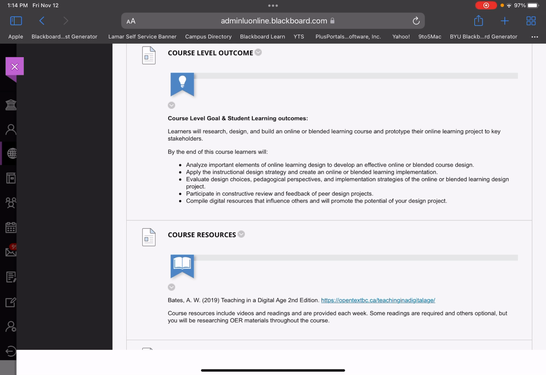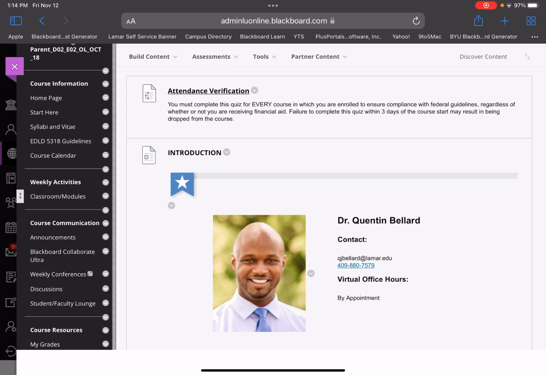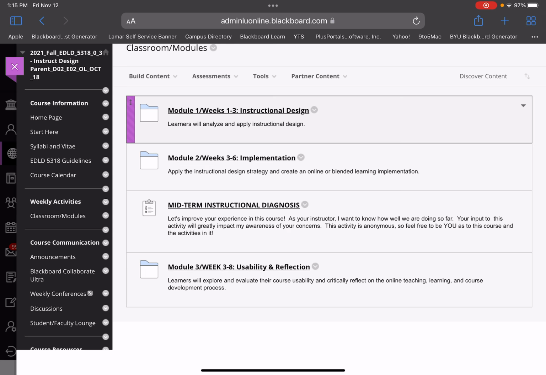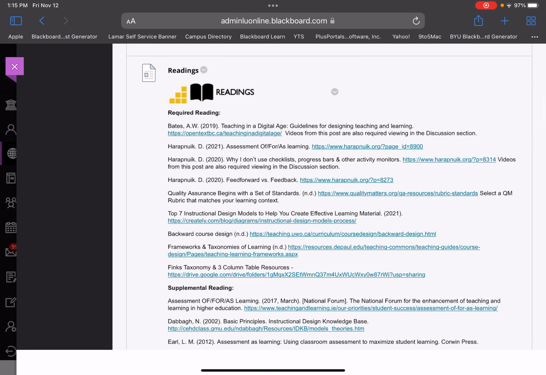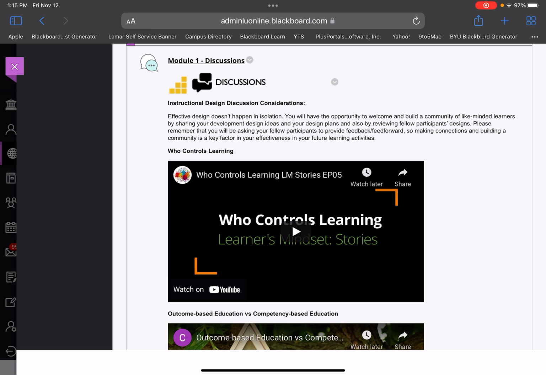In the past, the students would have assessments done week by week, but as you can see here, looking at the classroom and modules section, it's broken down into 3 weeks, essentially. So if you look at Module 1, it's focusing on instructional design, and you have all the learning goals, the videos that they need to view, all of the readings listed here. But then here's the unique thing that we implemented with this change from 5 weeks to 8 weeks. With the discussion board, it directly aligns with the assignment that they have.